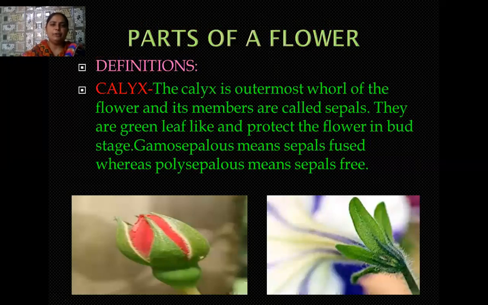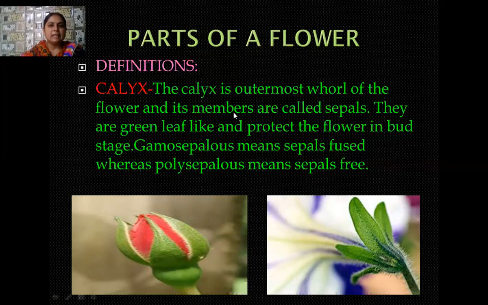Okay, student, here we are going to discuss the parts of the flower in detail. So first of all, I want to introduce the term calyx. What is calyx? As you know, all the floral appendages in a flower are arranged in a circular manner. So we can use the term whorl for it. Whorl means circular arrangement of the floral appendages. So here we have four floral appendages. The first two floral appendages are vegetative in nature, whereas the innermost third and fourth appendages are reproductive in nature. So here I am going to tell you about calyx.